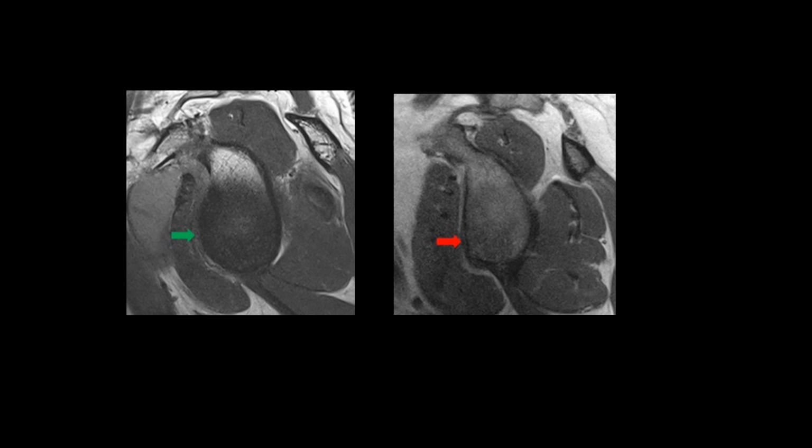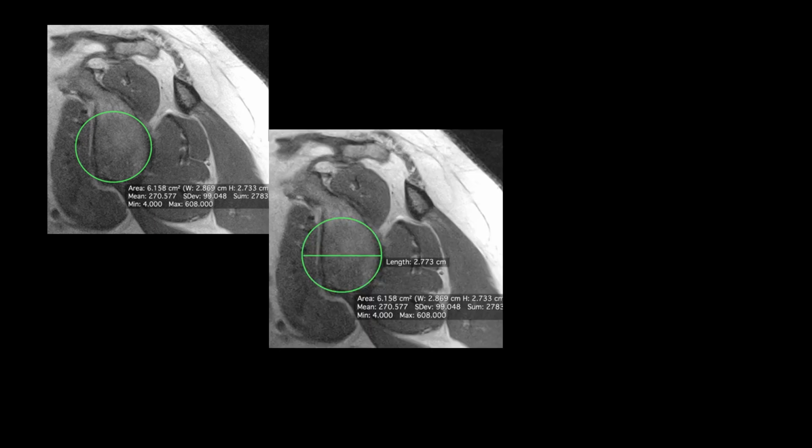This is the image of the patient having a Bankart lesion. As we can see here, the red arrow points to the flattened anteroinferior margin of the glenoid, suggestive of a Bankart lesion. So let's calculate the percentage of glenoid bone loss for this patient. The percentage of glenoid bone loss is assessed on the end-face sagittal image of the glenoid using the best fit circle method. We draw a circle whose size best fits the posterior and the inferior margins of the glenoid as shown here. Then we measure the diameter of the circle.